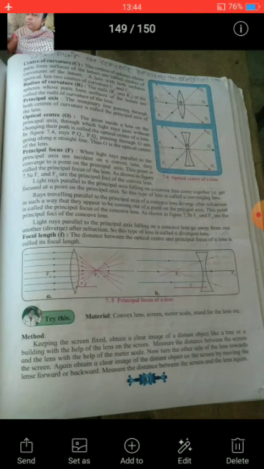One can use the following three rules to draw a ray diagram of images obtained by convex lenses. First is when the incident ray is parallel to the principal axis, the refracted ray passes through the principal focus. You can see it in the diagram. Next rule is when the incident ray passes through the principal focus, after refraction it is parallel to the principal axis. And last rule is when the incident ray passes through the optical center of the lens, it passes without changing its direction.